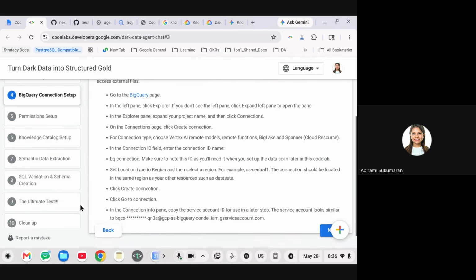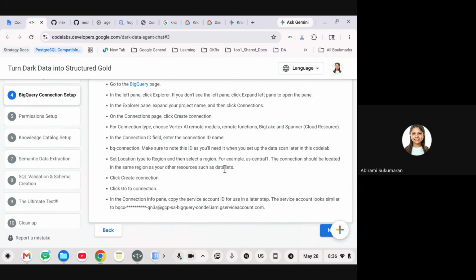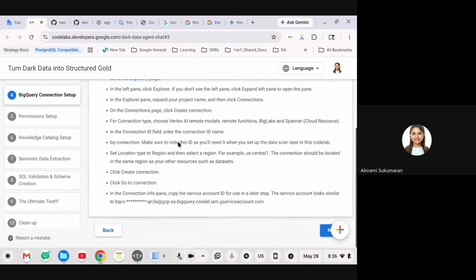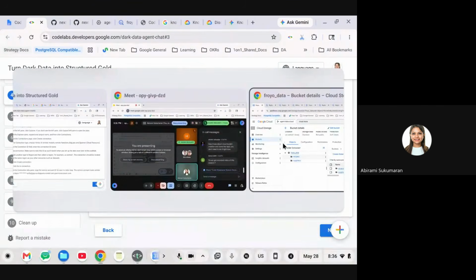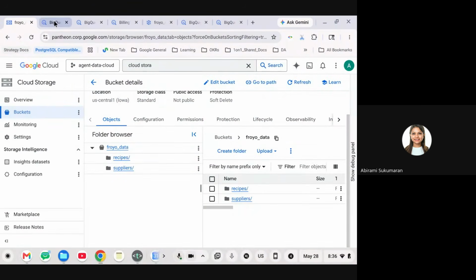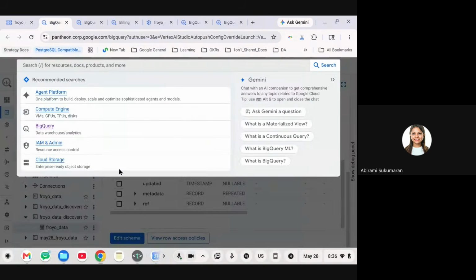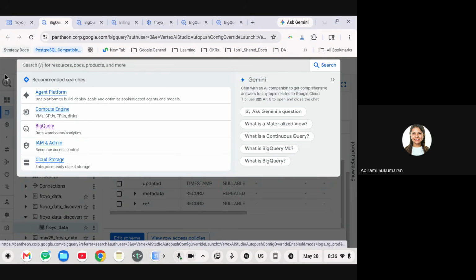So in this lab, we have BigQuery talking to Knowledge Catalog. We have BigQuery talking to Gemini Enterprise Agent Platform, which used to be called Vertex AI. So we are creating this BigQuery connection. It's pretty straightforward. For that, we're going to go to Google Cloud Console and type BigQuery. I have it readily open for you, but type BigQuery, you will get this product, click that product.